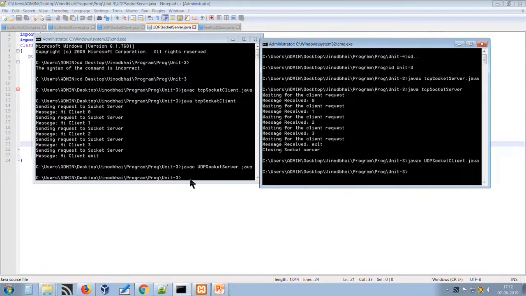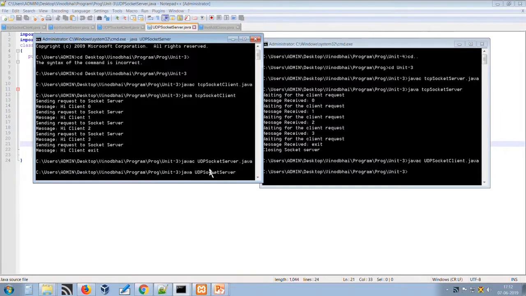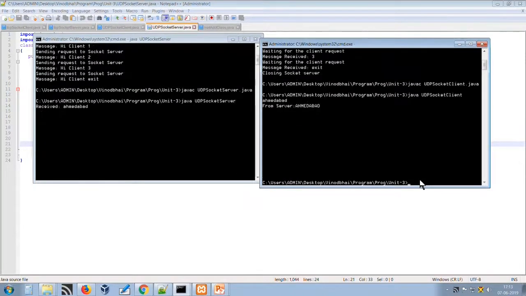Now we will start the server, as the server is continuously listening for the client request. Suppose we write Ahmedabad and send it. So what we did is send Ahmedabad as an argument request to the server. The server receives it, converts it into capitals, and then sends it back as a response to the client. So here Ahmedabad is printed in capital letters.